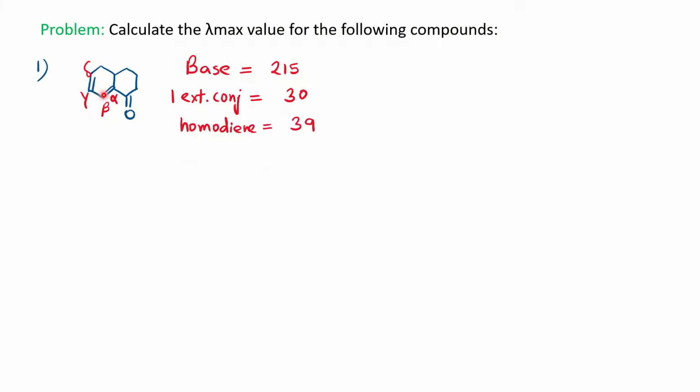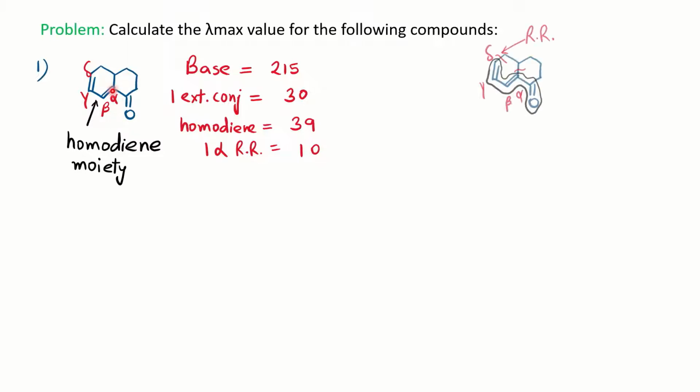You have two double bonds in the ring, that is C double bond C in the same ring, then it is considered as a homodiene, plus 39. So the two double bonds should be in conjugation, then plus 39, the homodiene moiety we consider. Then with respect to the increment, at alpha position, we have to go with the conjugation only, and along with this conjugation whatever sigma bond or alkyl bond is present, you have to consider that. So at alpha position you have one sigma bond present here, right?